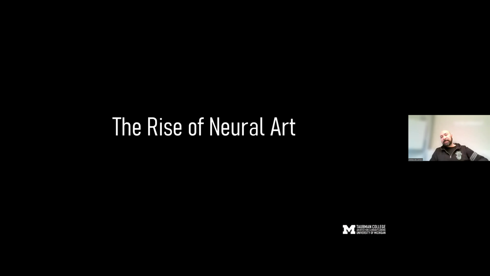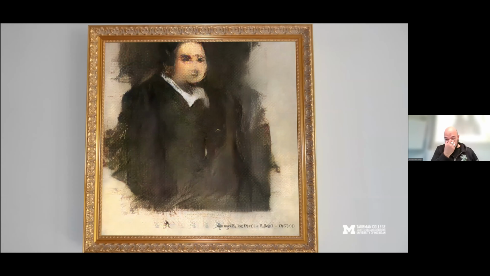So to a completely different area, which is less technical, the rise of neural art. So you might have seen this painting already before, the portrait of Bertrand de Bellamy by the Paris-based art group Obvious, which became notoriously famous in 2018 because it sold for almost $500,000 at Christie's, and it was presumably the first artwork done by AI. Whether this is true, it's probably up to art historians in the future to figure out.